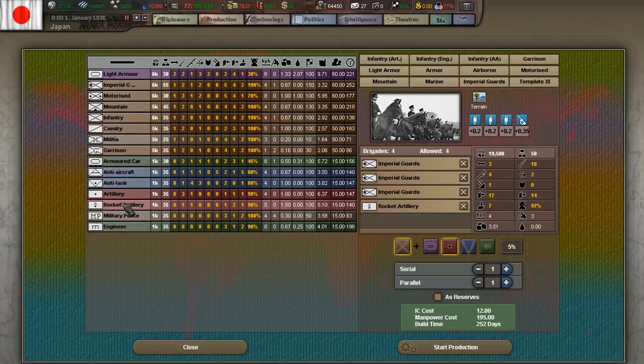this. Really, rocket artillery is less soft attack than normal artillery? That doesn't make any sense to me. Huh. Okay, so let's...